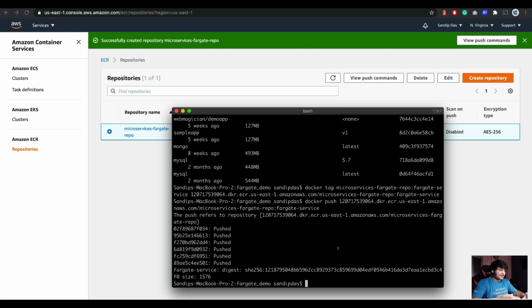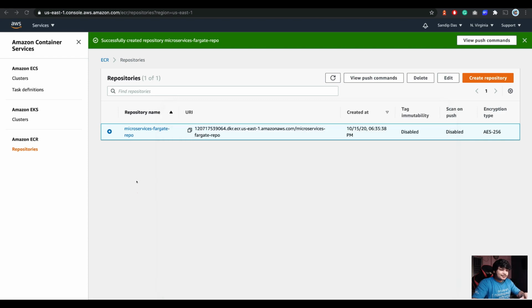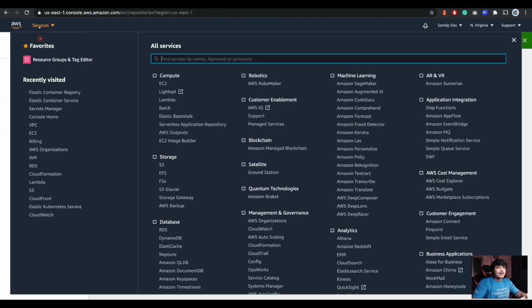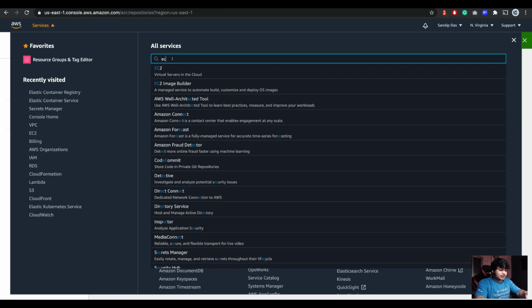Okay, it's pushed. So let's go with the steps. Now let's get a networking only cluster. So now let me show you the difference.